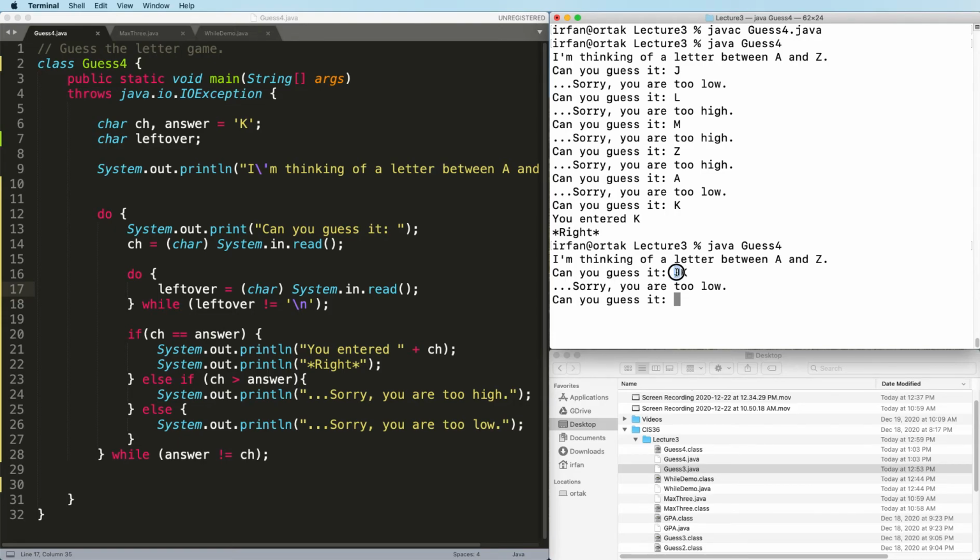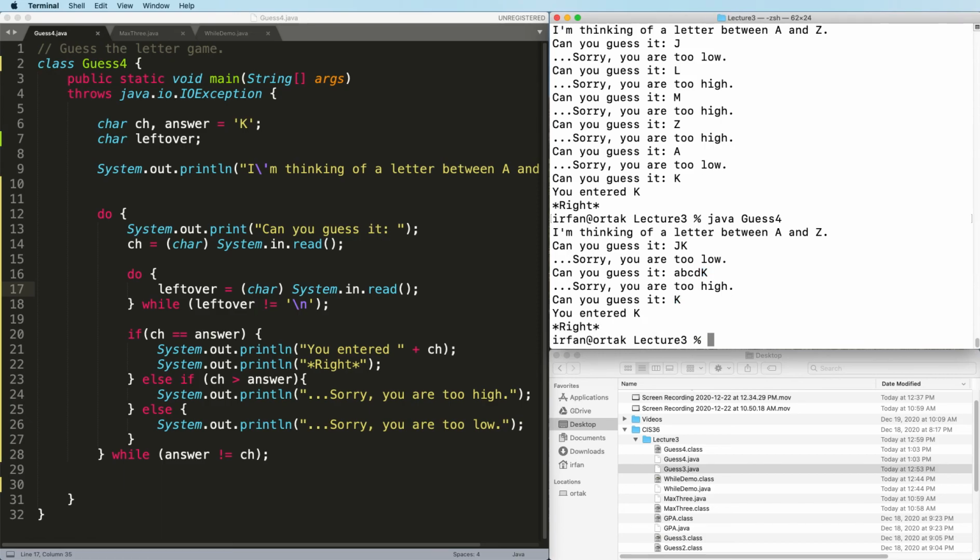We only check J, get rid of the rest, and then ask again. Likewise, if you say A, B, C, D, and K, it only says sorry, you're too high, because lowercase a is greater than capital K. So there we go. That's how we could